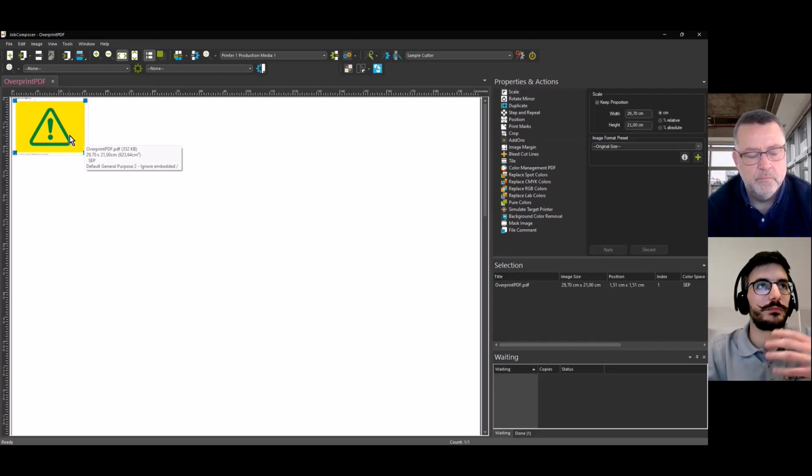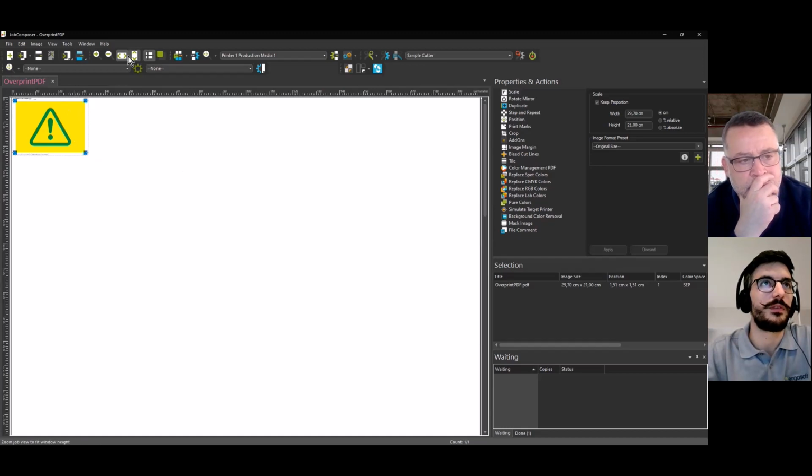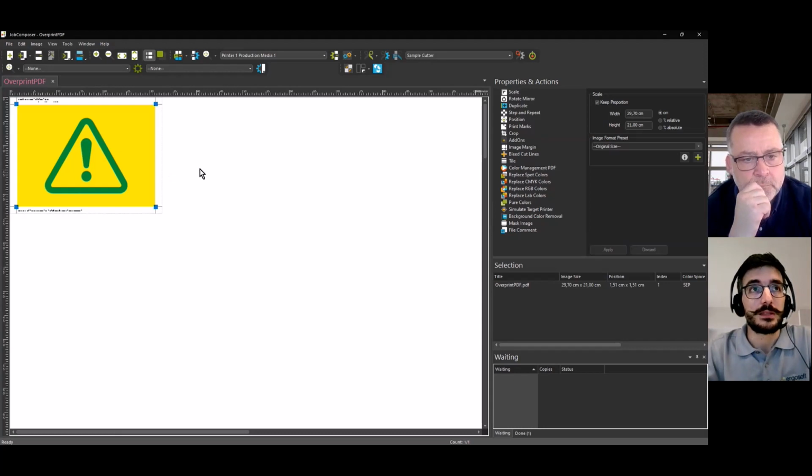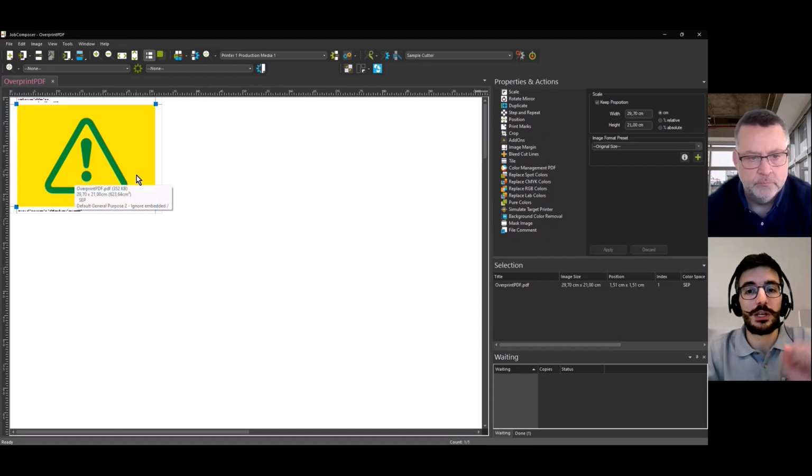And just to explain what is special with this PDF is that you have here a complete yellow background, and this symbol is on 100% cyan. As you can see there, even if you do a bit of zoom, you see that it looks green. And this actually happens because there is an overprint option on the file. Okay, so this is how it looks in the Ergosoft,